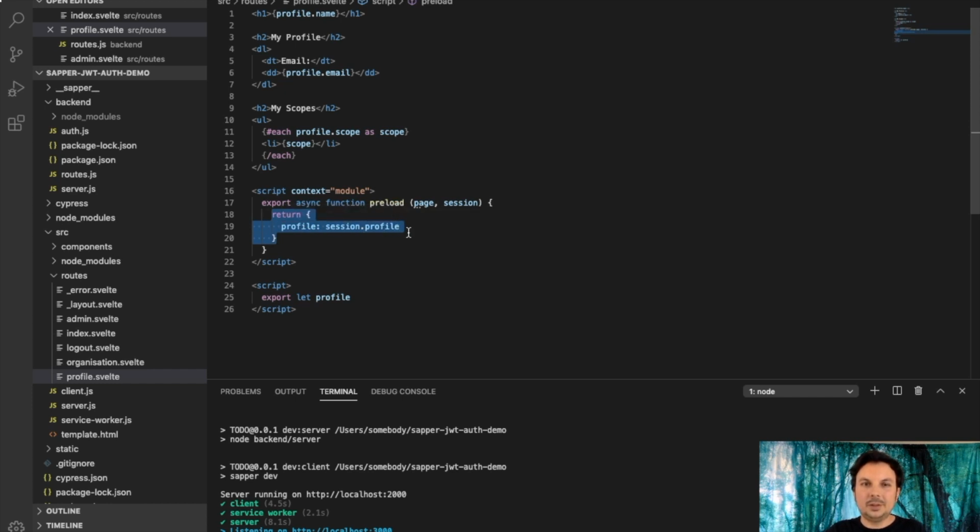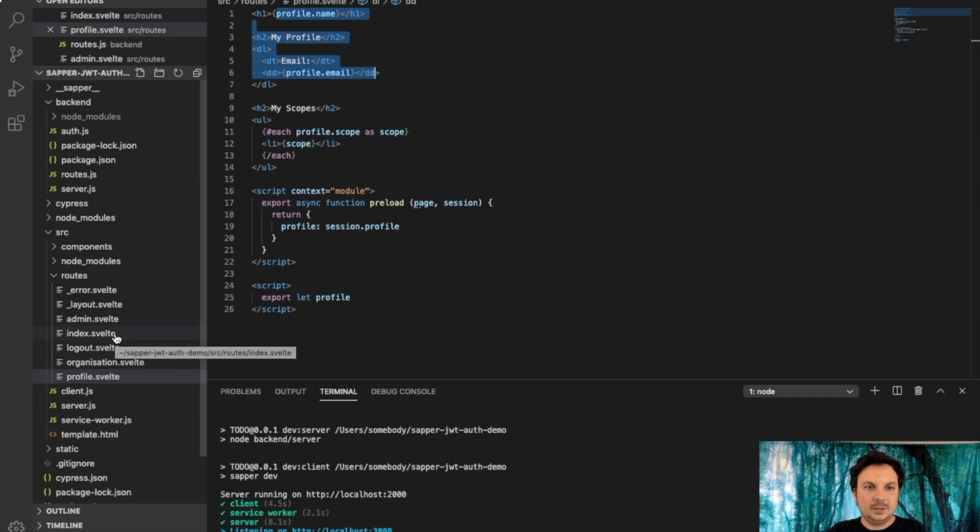It returns the whole contents of that session store's profile object, which is the contents of our JWT. We can then receive that in the application and we can use it in the HTML. And that's about it really. We can see